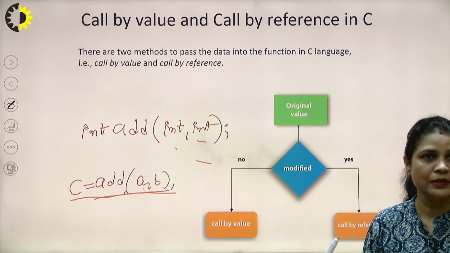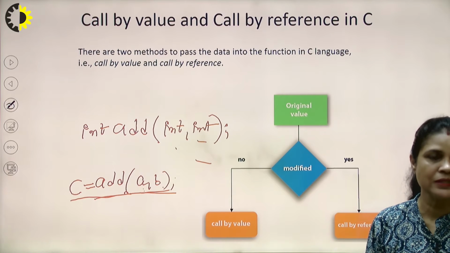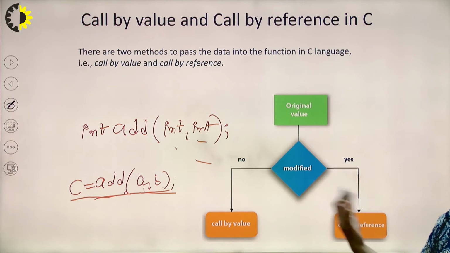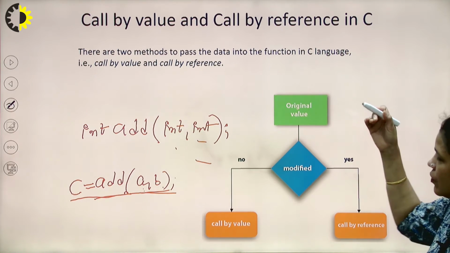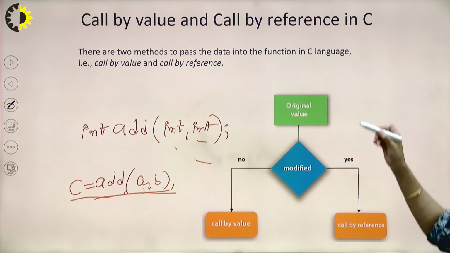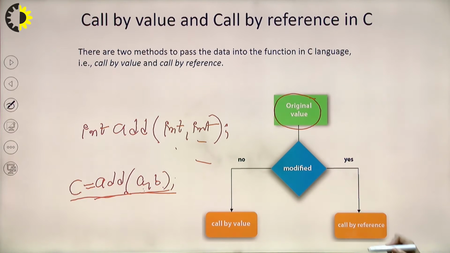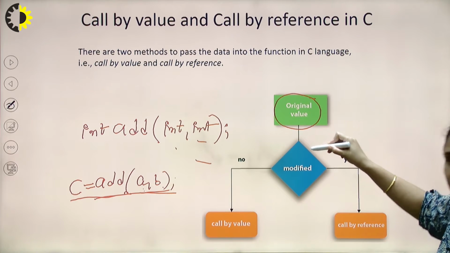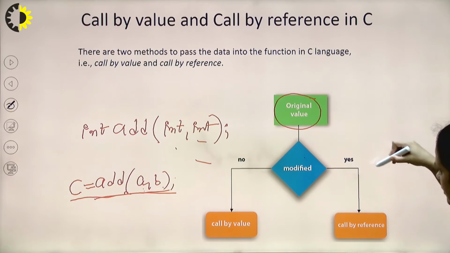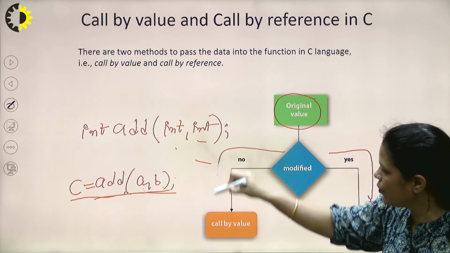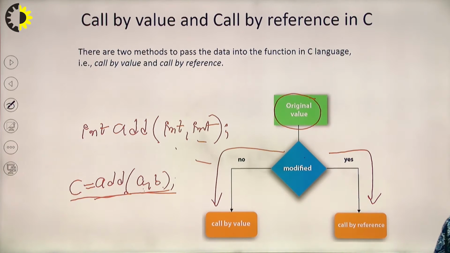Now we need to understand what is call by reference and what is the difference between these two methods. First we need to understand that the original value will be modified in call by reference, but it will not be modified in call by value.